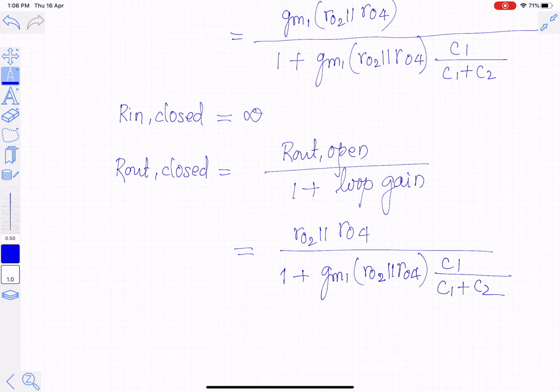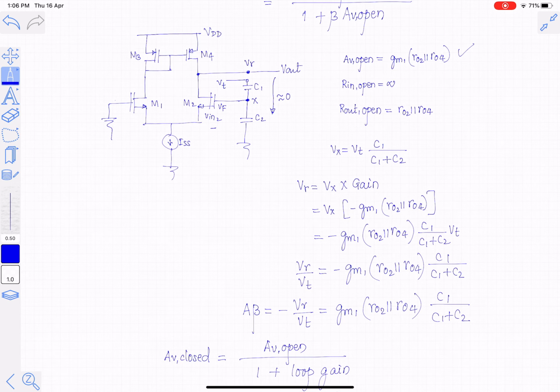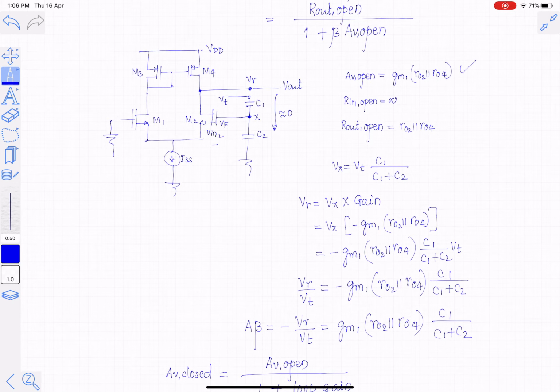So in this way we can handle the problem, provided that the feedback circuit is ideal. It doesn't load the input side of the feed forward amplifier and output side of the feed forward amplifier. So we can use this method, but altogether different method will be used for solving the problems when the loading effect has to be taken into account. We will see one more example to find out the effect.